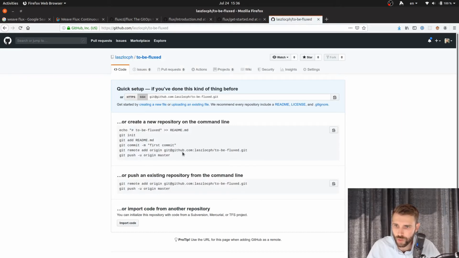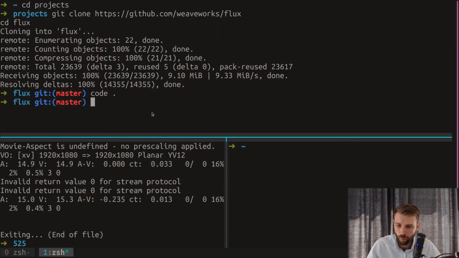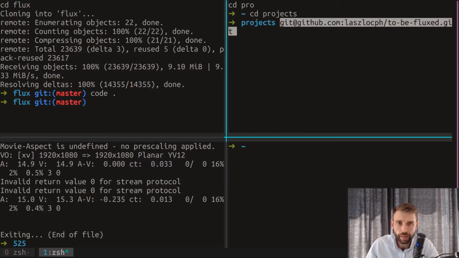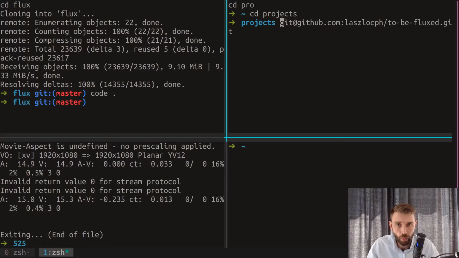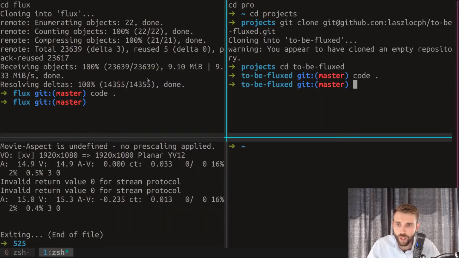just clone this. How about opening another window here? Projects. And git clone to be fluxed. cd to be fluxed. Good. Nothing in here, but that's not a problem. So